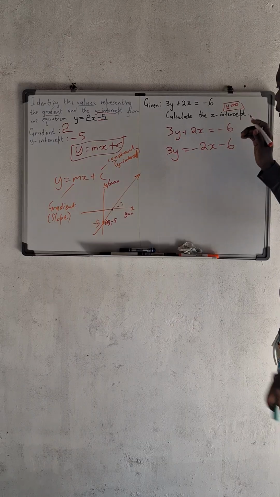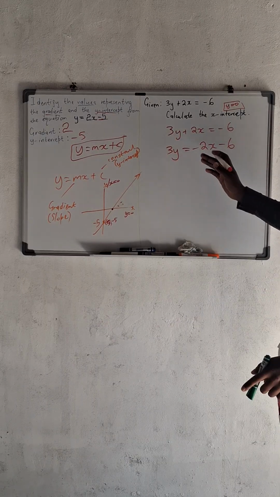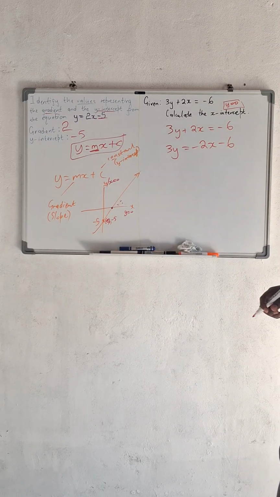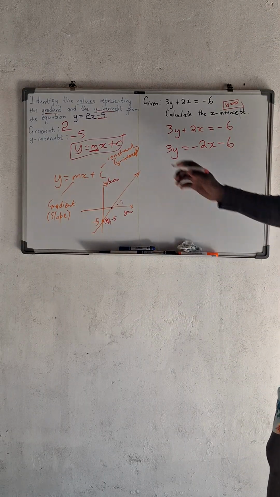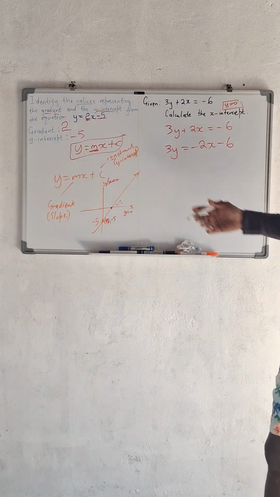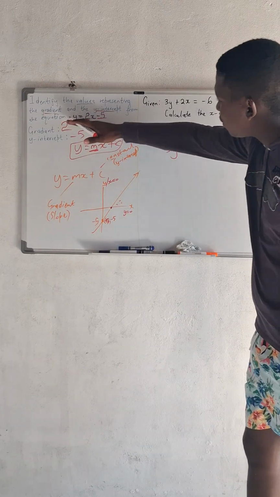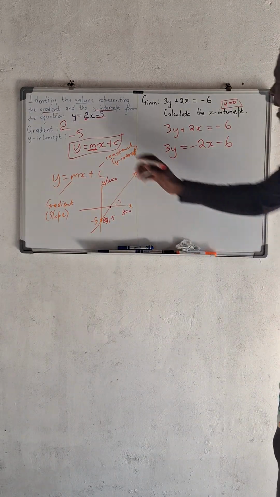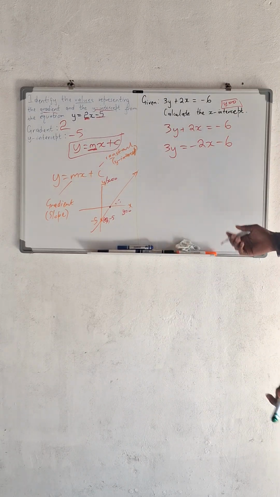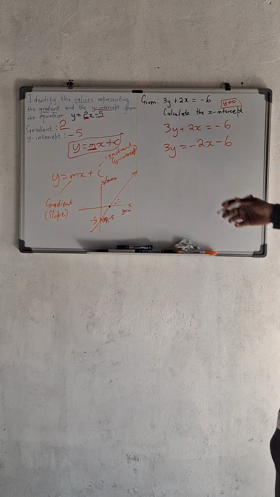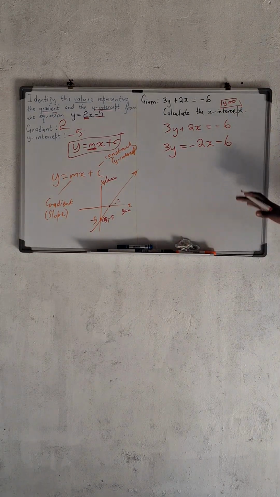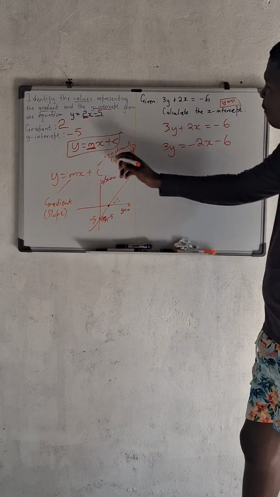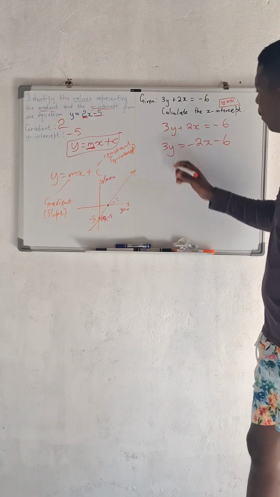Now I'm looking for the gradient. Remember the question said look for the gradient. This is the gradient. I'm going to show you how to spot the gradient again. Like here, it was a 2, so I'm going to do the same thing. I'm trying to write it in terms of this equation, y = mx + c. Then I can easily say the gradient is 2, the gradient is 1/2, and so on. Now, I'm still fine with this one. Okay, now I'm looking for y. Remember, this is only y. What I need to do,